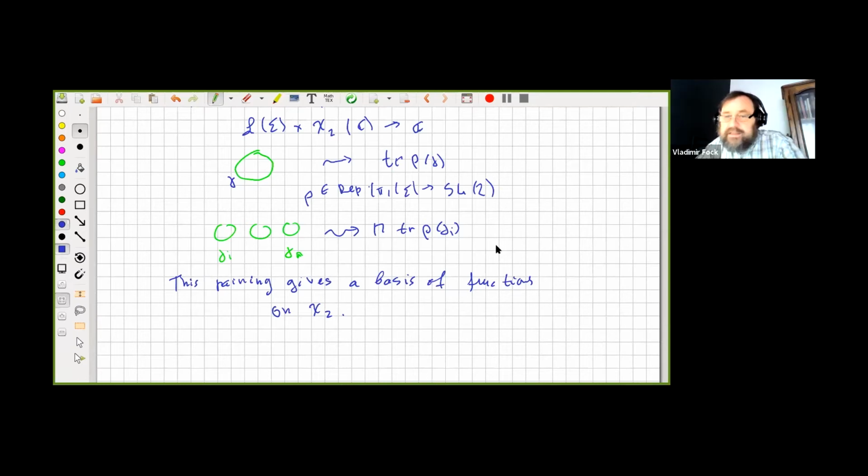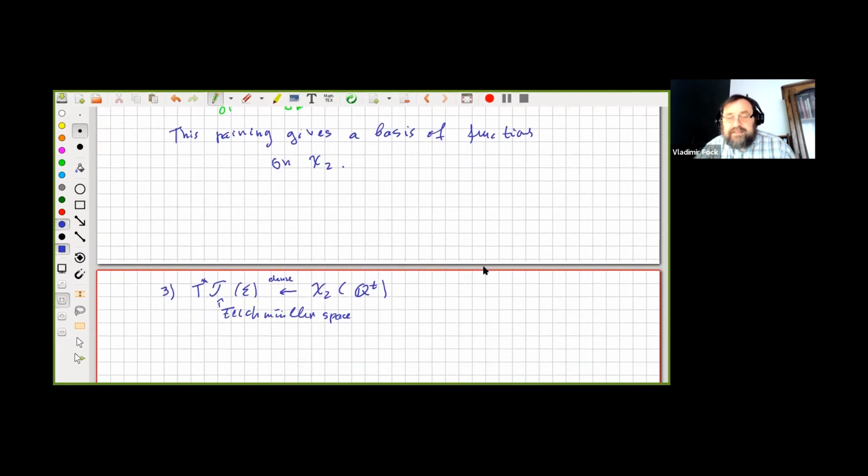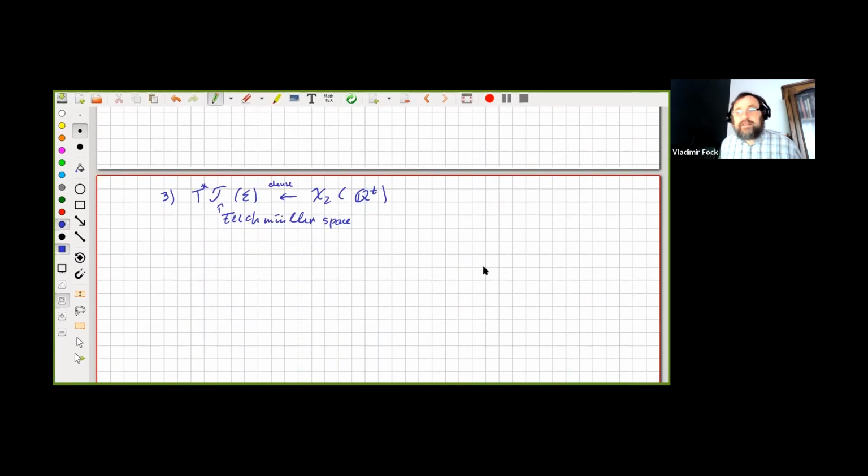Yeah, exactly what you said, there is no relation. If there is no intersection, there are no linear relations. Of course, there are multiplicative relations. It's not a set of generators. It's a set of just linear bases. And if you multiply two laminations, then the result is a linear combination of other laminations. Yeah, exactly. The requirement that they do not intersect implies that there are no relations.